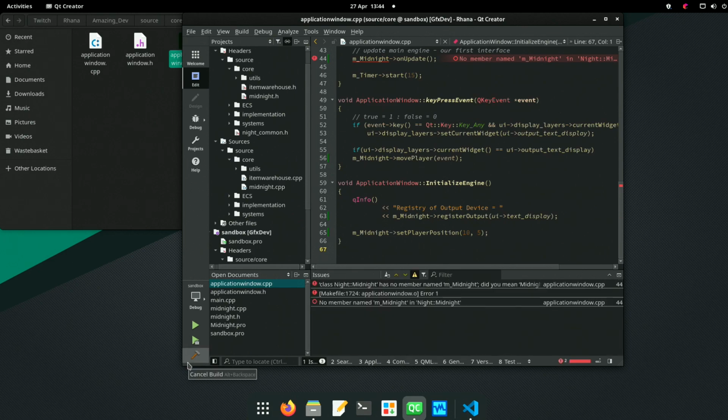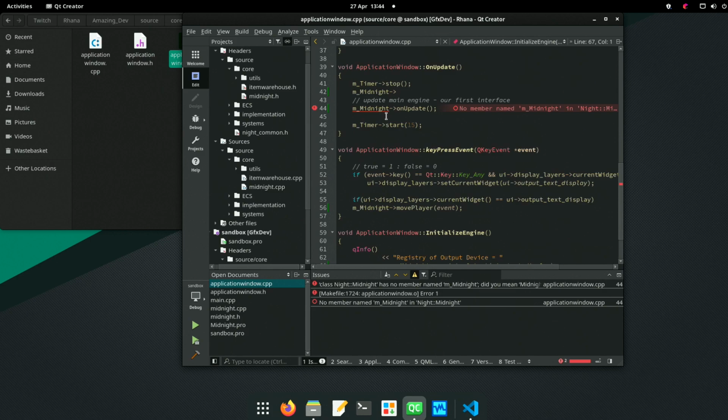See how many of these I can get rid of. Class Night Midnight has no member named midnight. Of course it doesn't. Helps if you take that back out, doesn't it, the test?